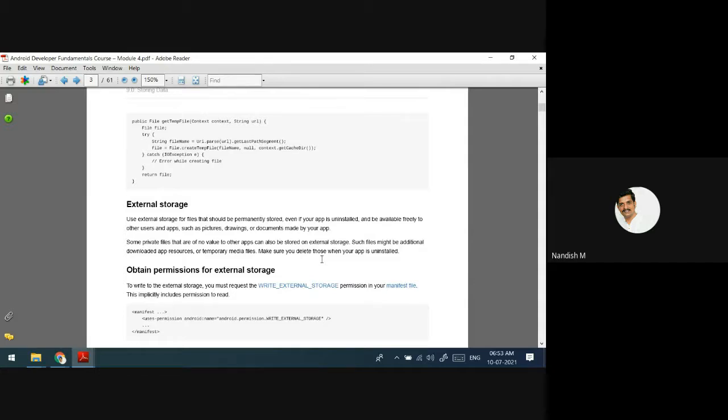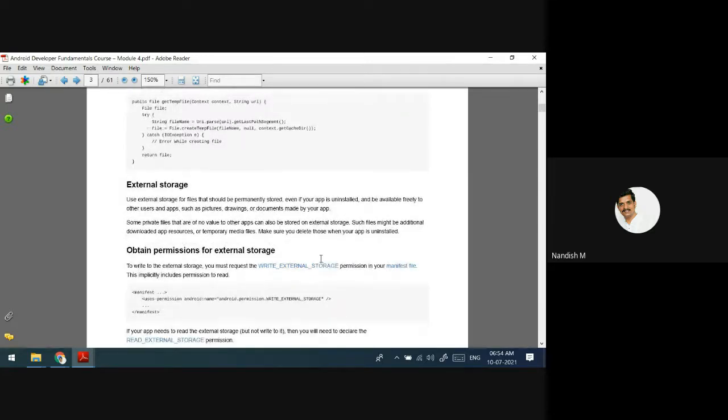Whenever you connect the external storage, if you want it to be detected by your app, or you want your app to store data on an external storage device, you have designed the app, and that app has to find the file in the memory card, or read the data from that memory card. If you want to do that, then you have to give a permission. All the permissions we have to give in the manifest file, the XML file.